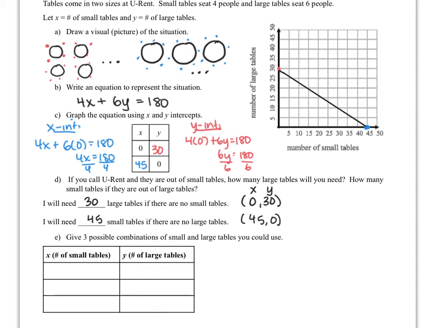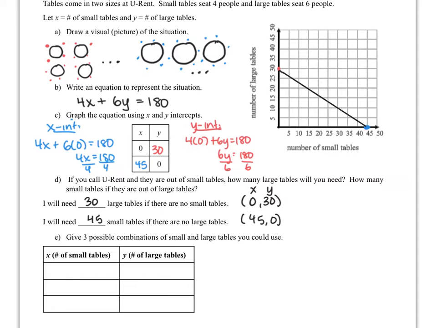This is where it's really important that you've graphed your line using a ruler. If you've just sketched it freehand, you're probably going to have trouble coming up with these combinations. So I already have 2. I have these combinations here, which I'll fill in my table in a second. And then I can use my graph to find some other combinations, but I'm also going to check it using